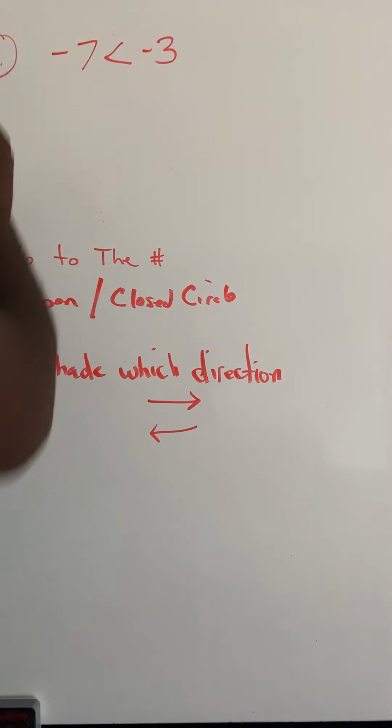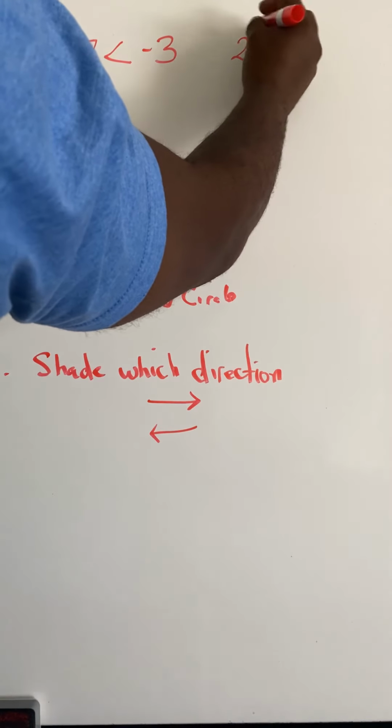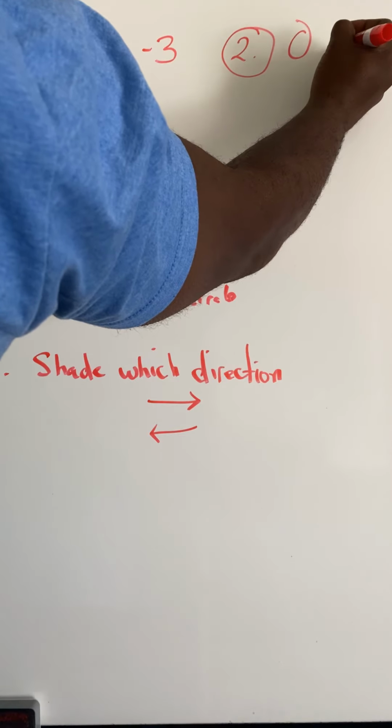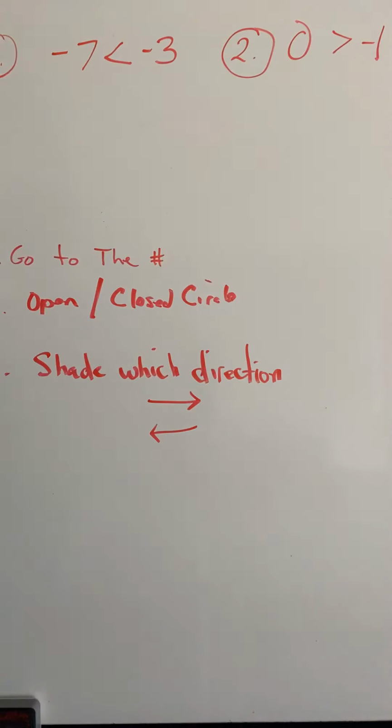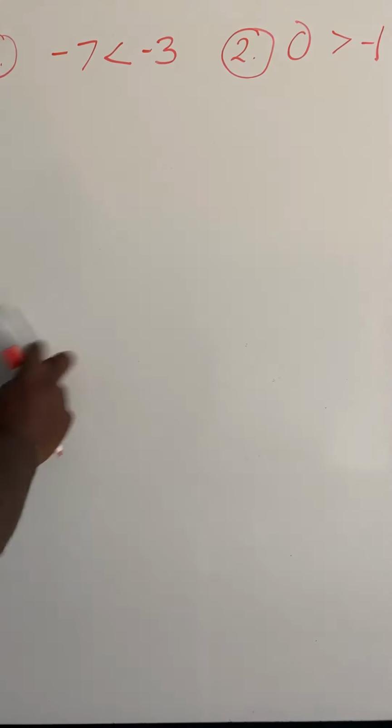This is number 1. Number 2, 0 is greater than -1. Okay. Number 3,